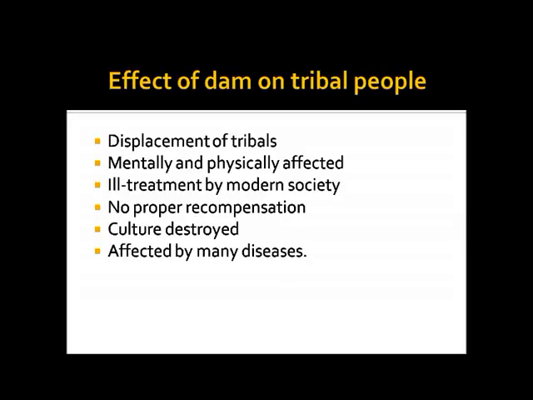Also, it's like a culture shock for them, so they get affected both mentally and physically as well. And once they start getting to know modern society, they forget a lot of their culture. So the culture is destroyed, the heritage gets extinct due to this displacement of